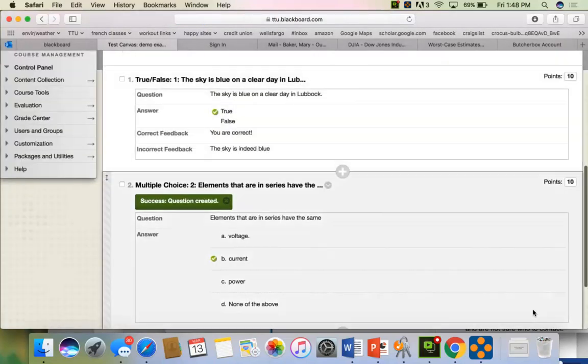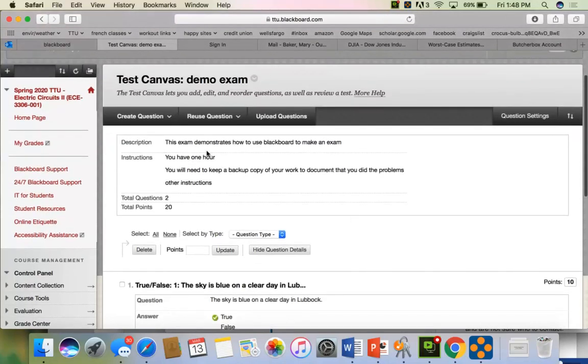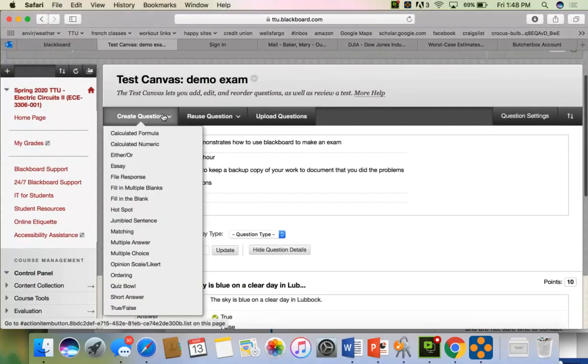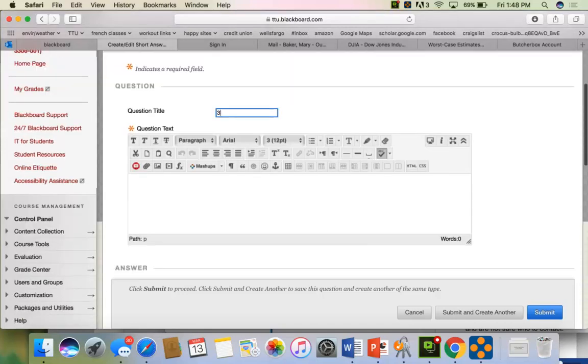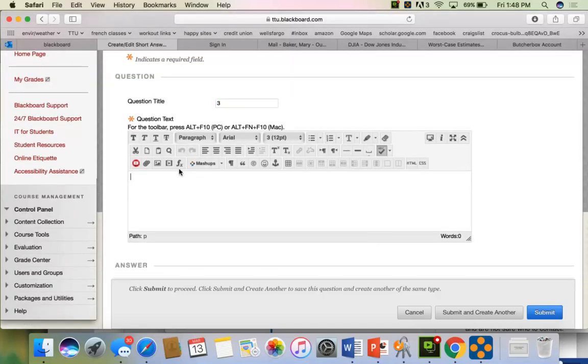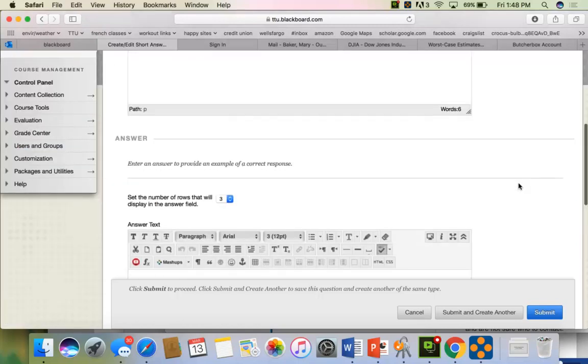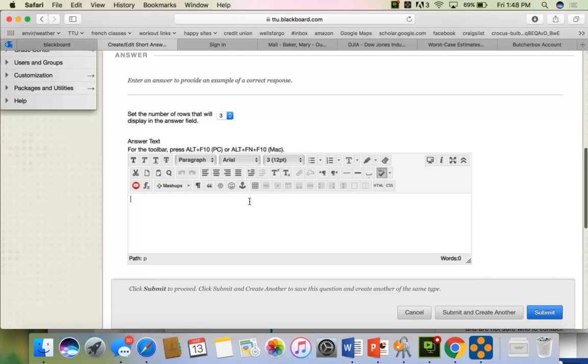And then finally, let's do one more. We'll do a short answer. Let's call this question 3. And let me say Ohm's law. Let me say, what relationship does Ohm's law define? And then when the question presents, they will have the opportunity to give an answer. Now I can,